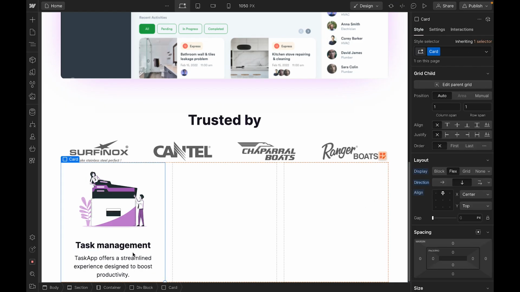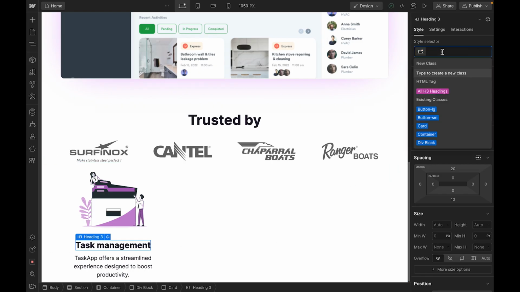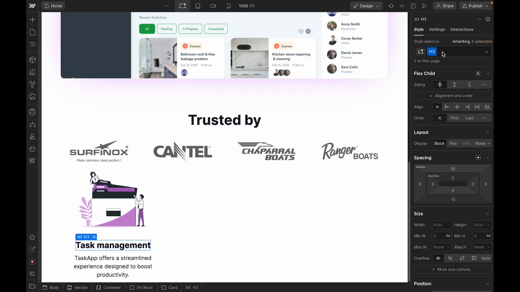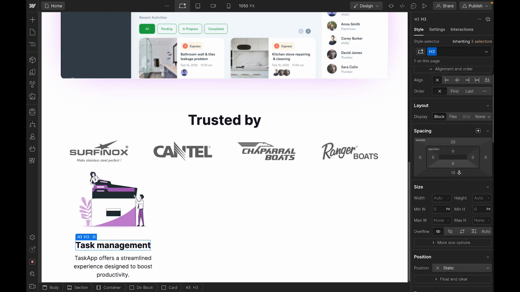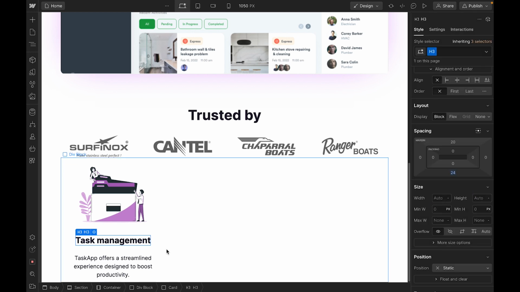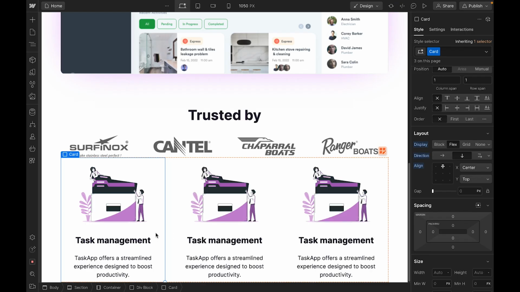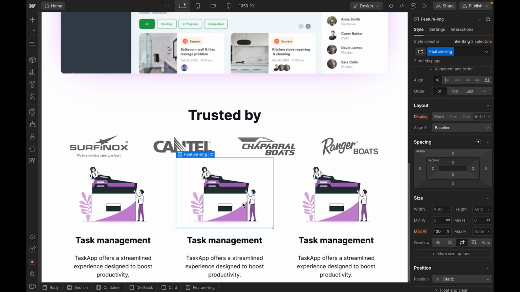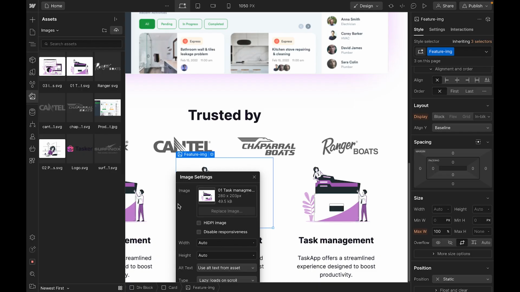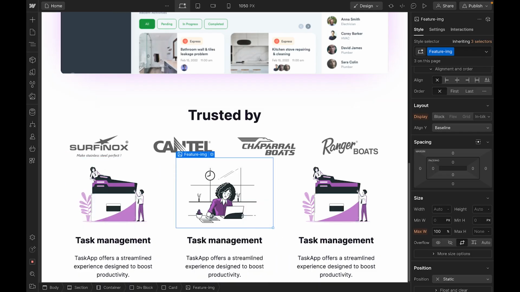Then for the task management text, so this text, let's call this H3, something like this. So H3, and the bottom padding is 24, something like this. Now let's duplicate this 3 times and let's change the image. So let's, the second image, the text is,